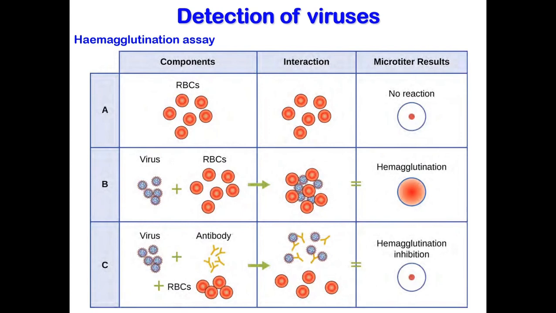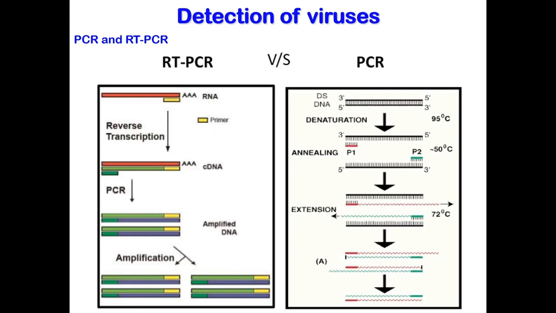C then shows that when virus-specific antibody, virus and red blood cells are added together, the antibodies inhibit agglutination and can be seen as a red dot at the bottom of the well. So next we'll talk about